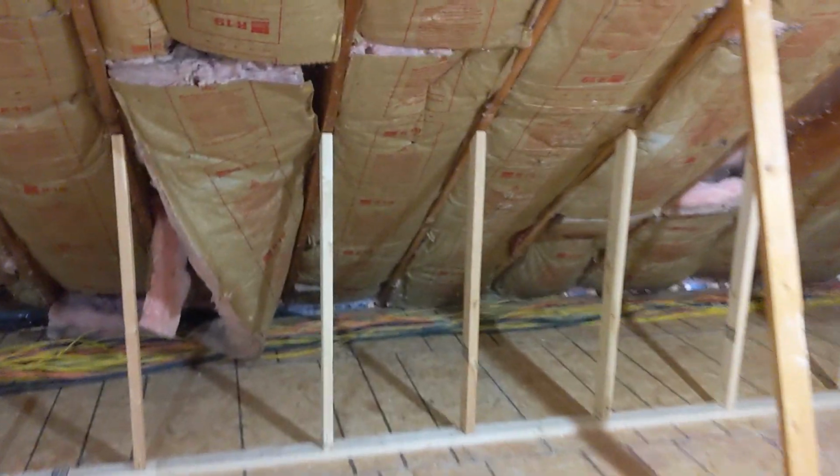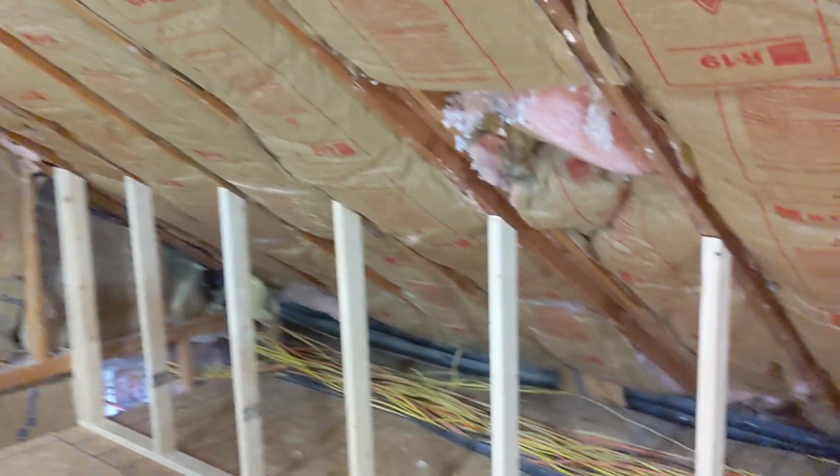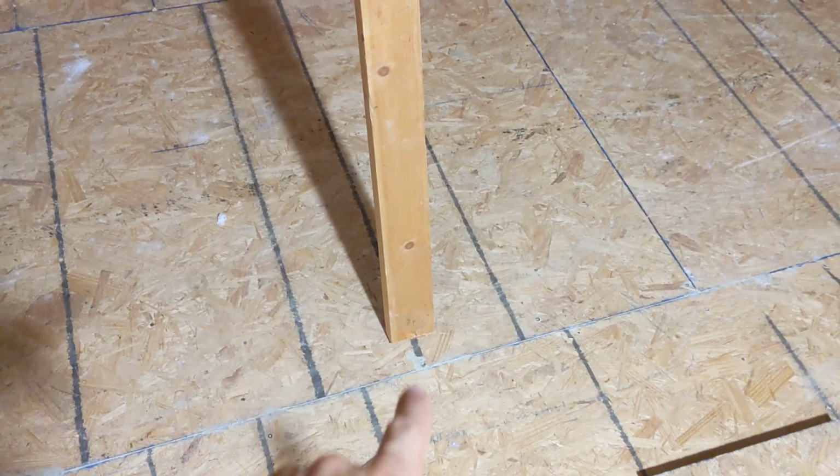Let me take you over to this side of the room. This is what it looked like before. These have not been done yet. You can see large gaps between the rafters, so all across here, all of these are uneven. And so the method of fixing them is using a board like this as a jack and staying above the